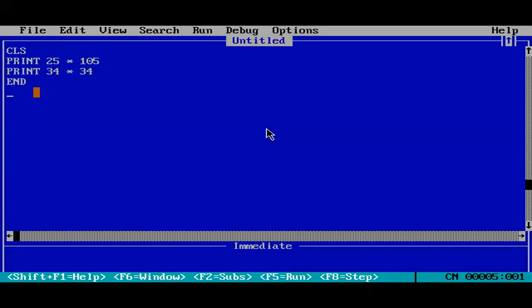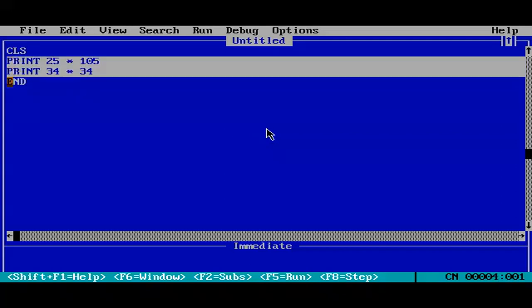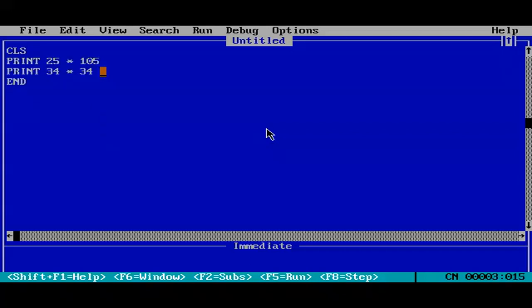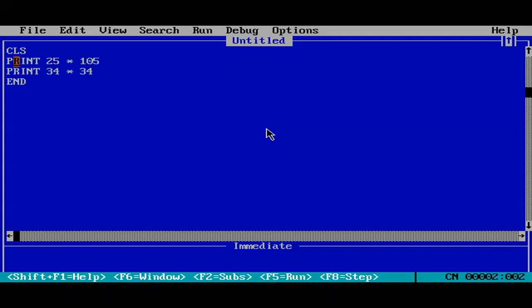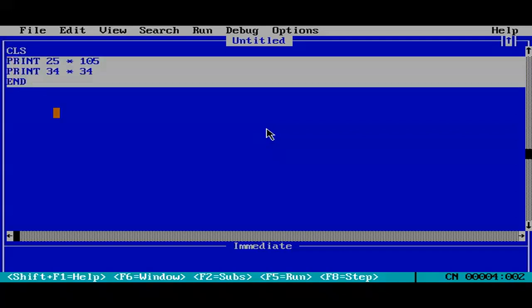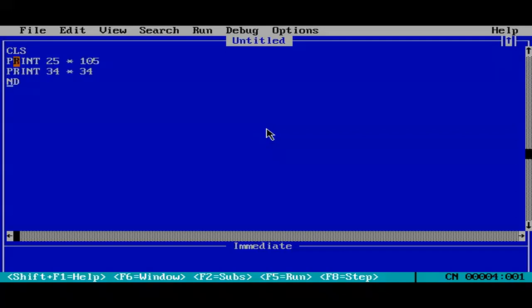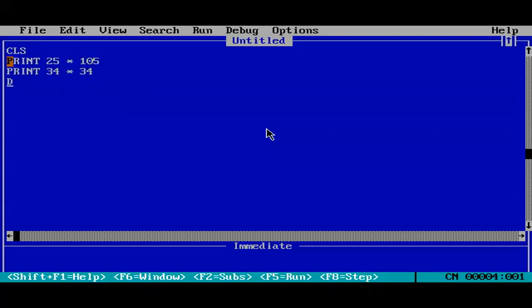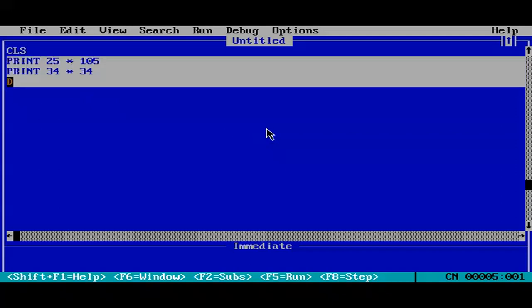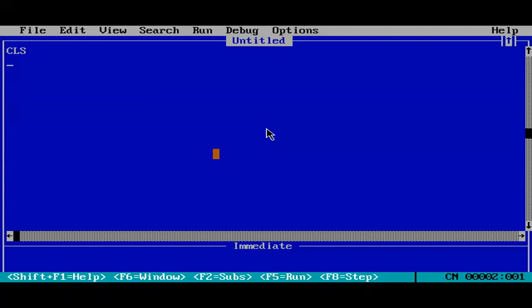Let's look at LET. Again, we'll clear out the program here. Yeah, so now another program.